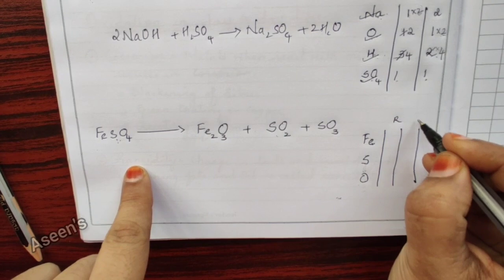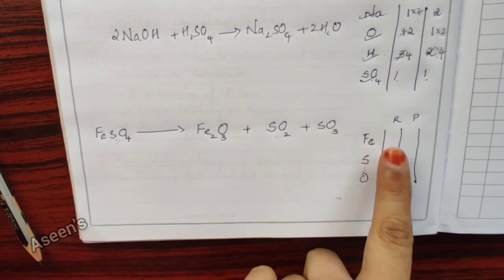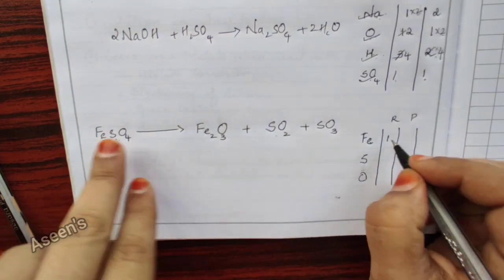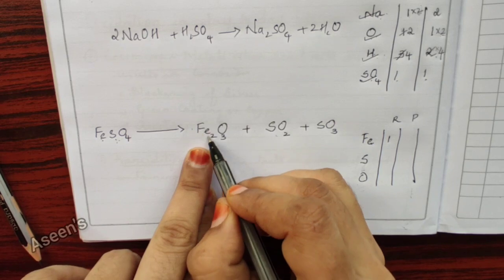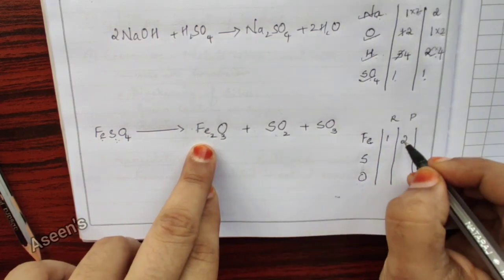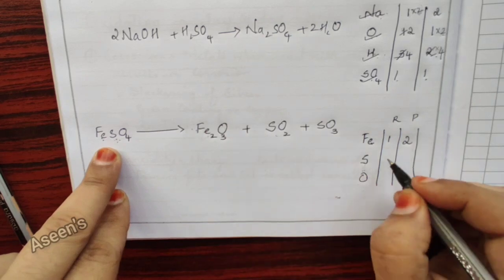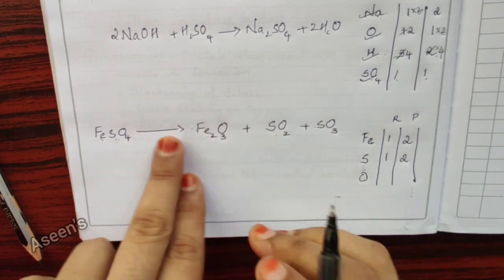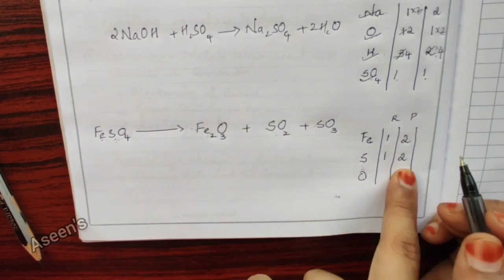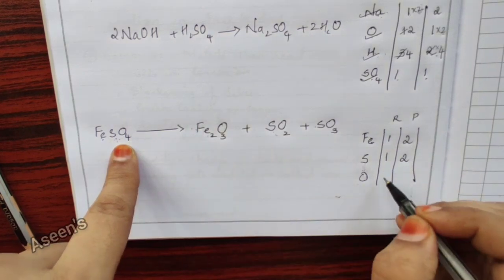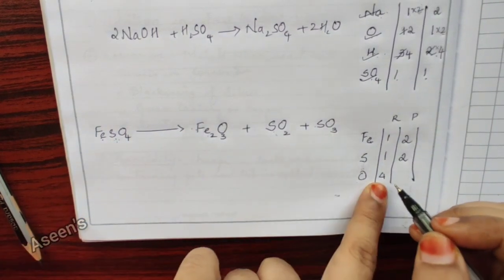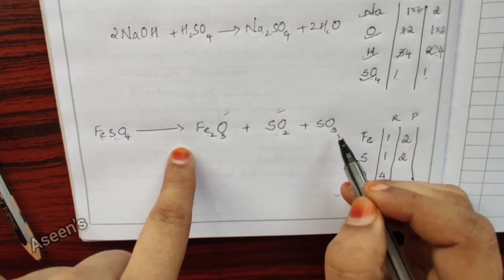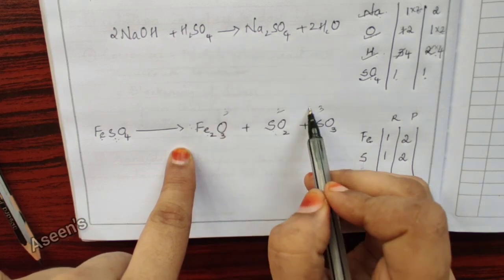Now, writing the elements on the reactant and product side. Iron, on this side I have 1. On this side it is here. 1, 2s are this 2. It's 2. Sulfur here it's 1. On this side 1, 2. See here, after the arrow mark is the product side. Then oxygen here 4. Here no number, so 1 4s are 4. Here 3 1s are 3. 2 1s are 2. 3 1s are 3. 3 plus 3 6 7 8.